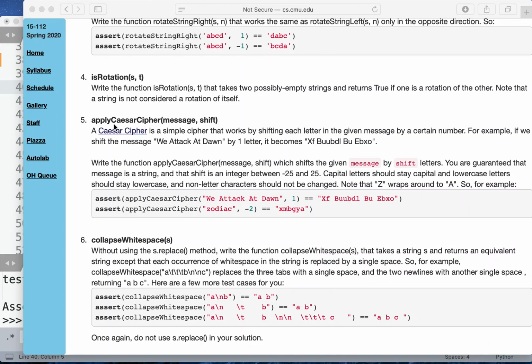Okay, let's write applyCaesarCipher, which takes a message and applies a cipher, which was supposedly used back in Caesar's time. A very simple way to encrypt a message. It takes a message and an amount of shift to shift the message. So you can have a message like "we attack at dawn" with a shift of 1 gives us this